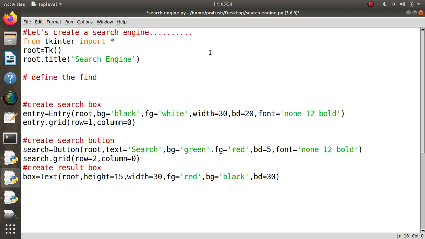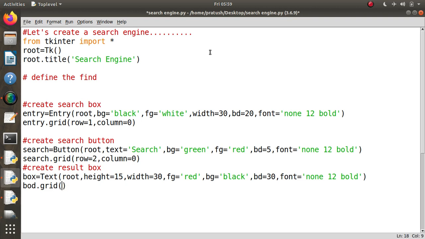Then again for font we will choose font equals none 12 bold. None 12 bold gives the thickness of boldness. Okay, and again we will put it in the root by using grid, box dot grid.